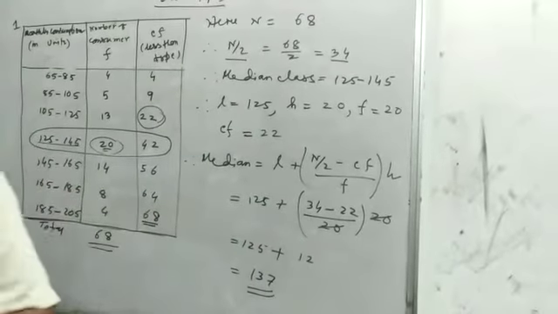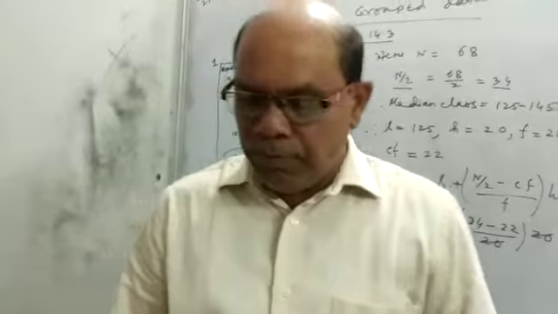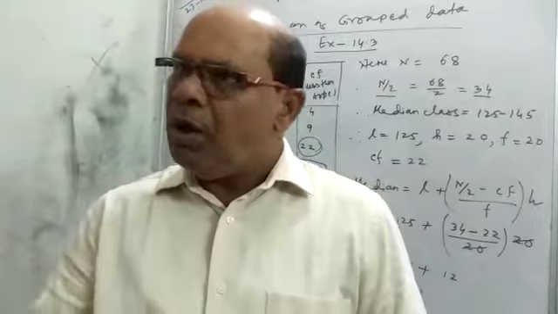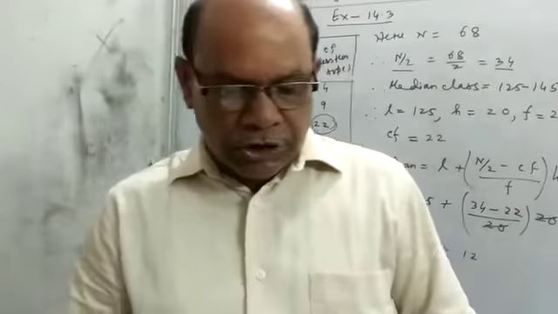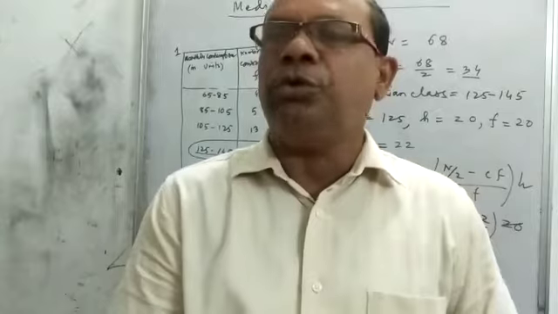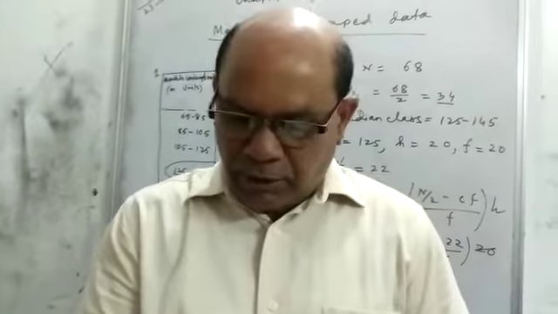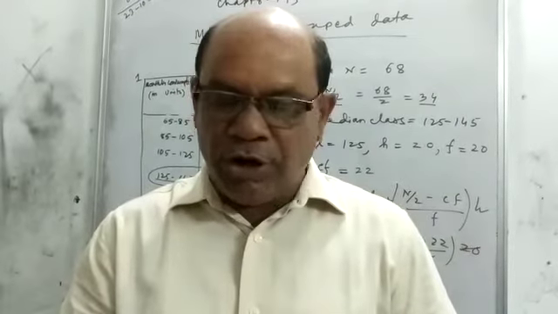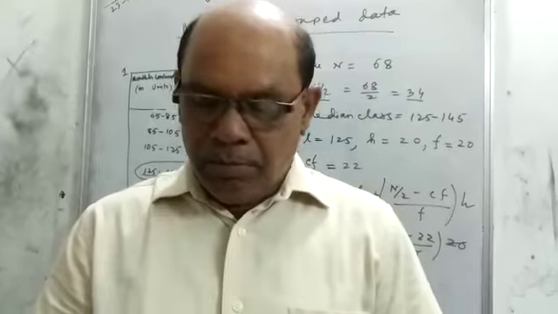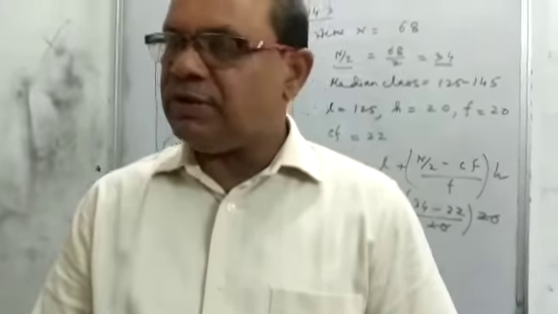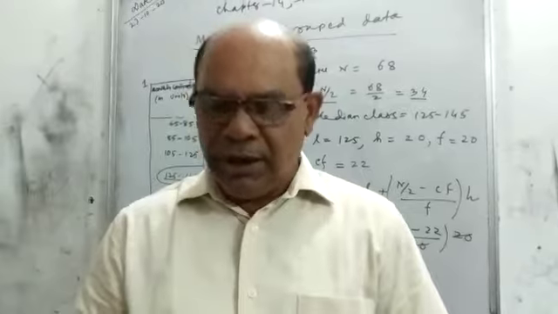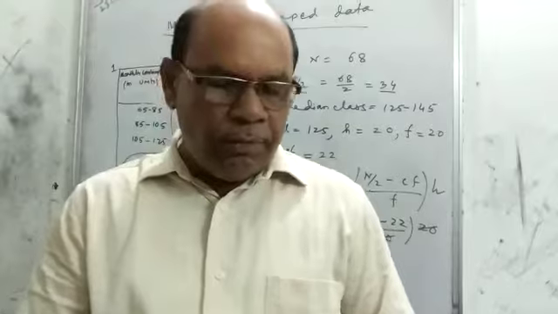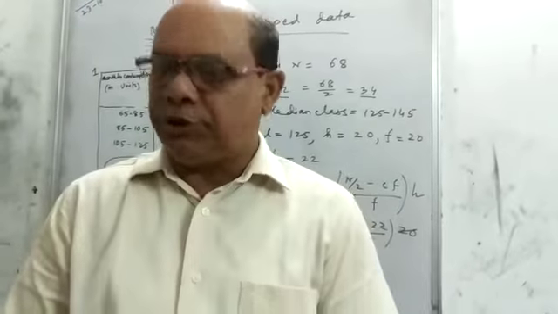Then the mean and mode part, you can find easily by any method, before that exercise 14.1, 14.2. Question number 2 here. Actually, in this exercise, 2-3 types of questions are there. In number 2 it is given that the median is 28.5. Find the values of x and y. Means some frequencies are missing. We have to find the missing frequency, and the missing frequency may be 1 or 2. So this is also an important question.